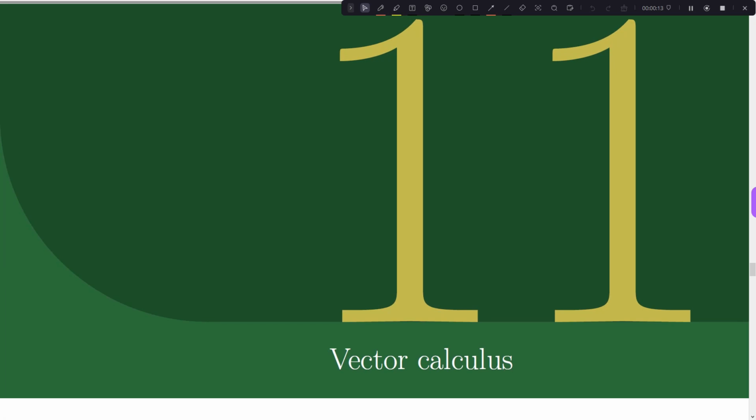Okay, hello. We are moving on to chapter 11 now, and this chapter is called Vector Calculus. We've been interacting with vectors a little bit, and now we're really pushing into this idea of calculus a little bit more. As a fun fact, since I know we're all chemists here, this word calculus is related to